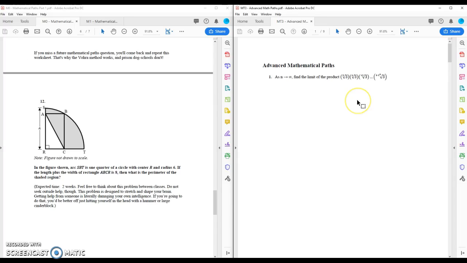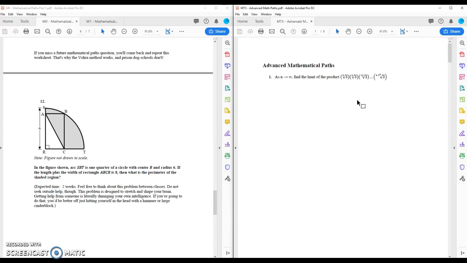This first question on MathPaths requires you to convert radicals into exponents and then to use the multiplication exponent rule to combine them all, and then to recognize that all of the combined exponents now create an infinite geometric sum, and then to know the geometric sum information and use that to solve for the sum of just the exponent, and then to remember, by the way, that there was a base along with that, so it's got to be 3 to the power of whatever.